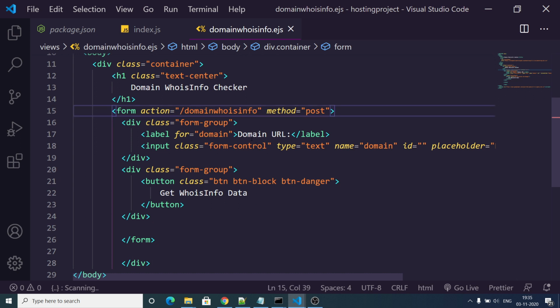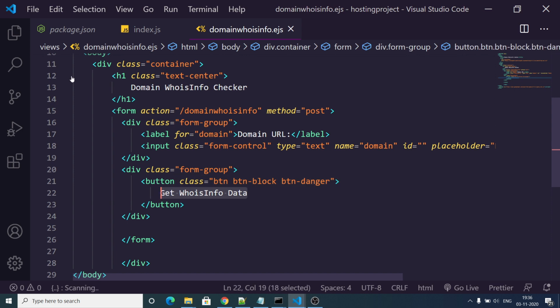And we will have the domain URL. You can see this is the label, and we have a simple input text field where we will input the domain name. So this is required here. We have given a name attribute of domain which will be required to fetch the details. Now we have a simple button get whoisinfo.